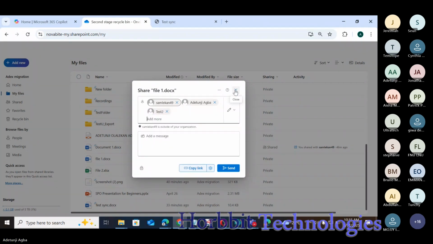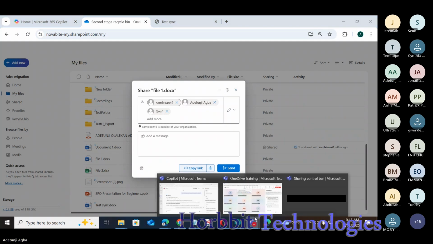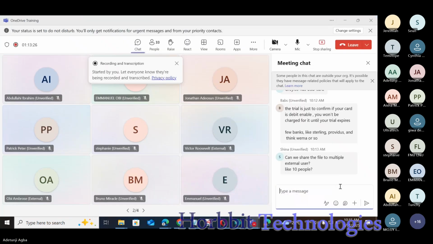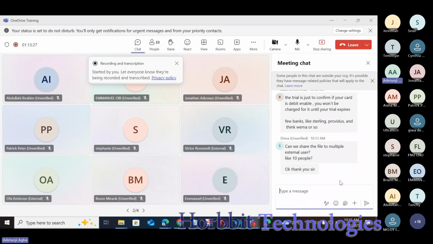And like I said, if you don't want to be doing this, just create a group, put all of them in a group, and then share with that group, and then they will get their permission from them. All right. I hope that answers your question. Okay. Any other one before we